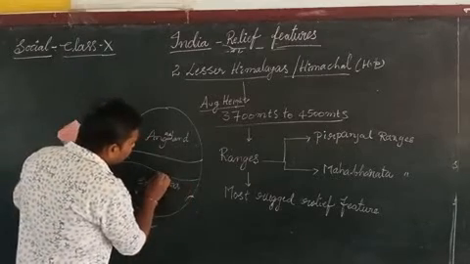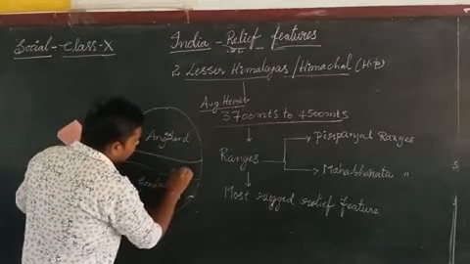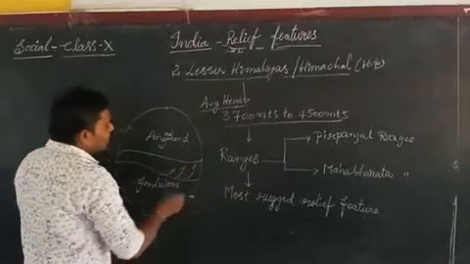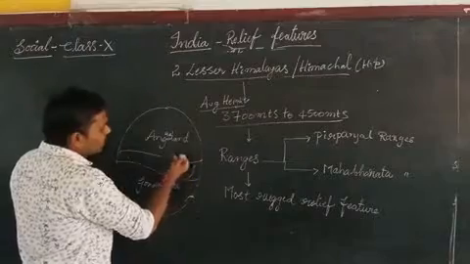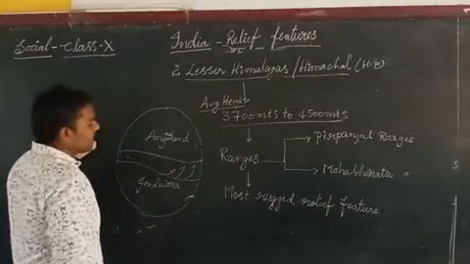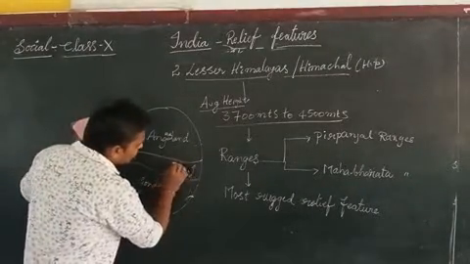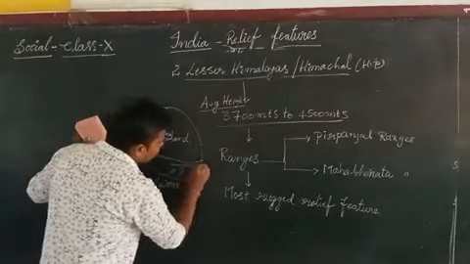When the Gondwana land collides with the Angara land at the northeastern side, the sea lying between them, the Tethys Sea,